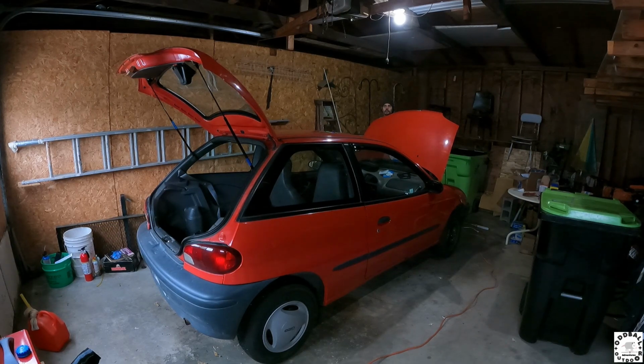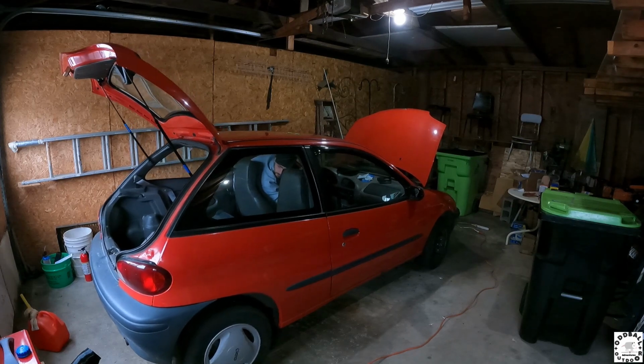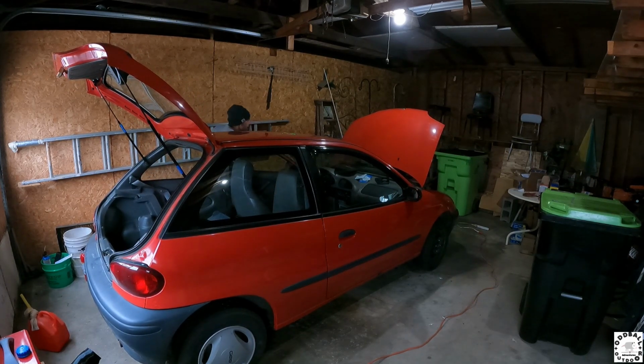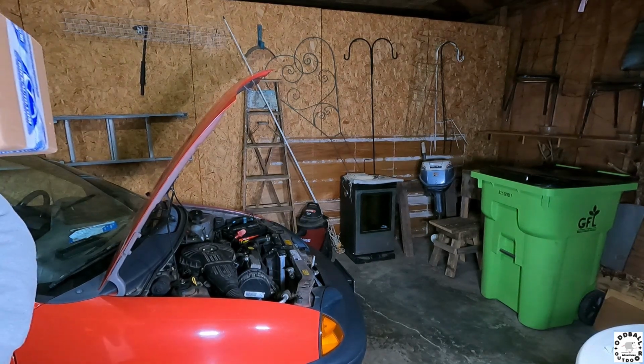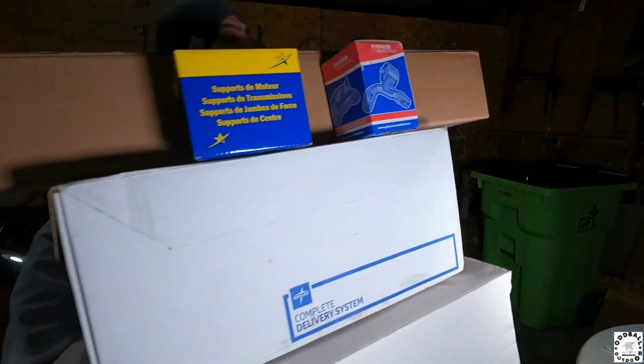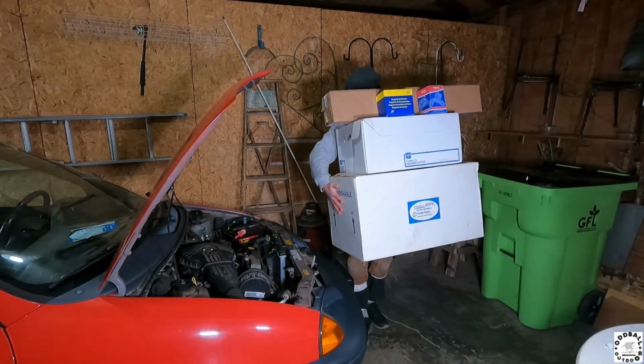You need to work under the hood. There's not enough room up here, so. That's better. Time to move on to under the engine bay. Got all these new parts for her. And just gotta look under the